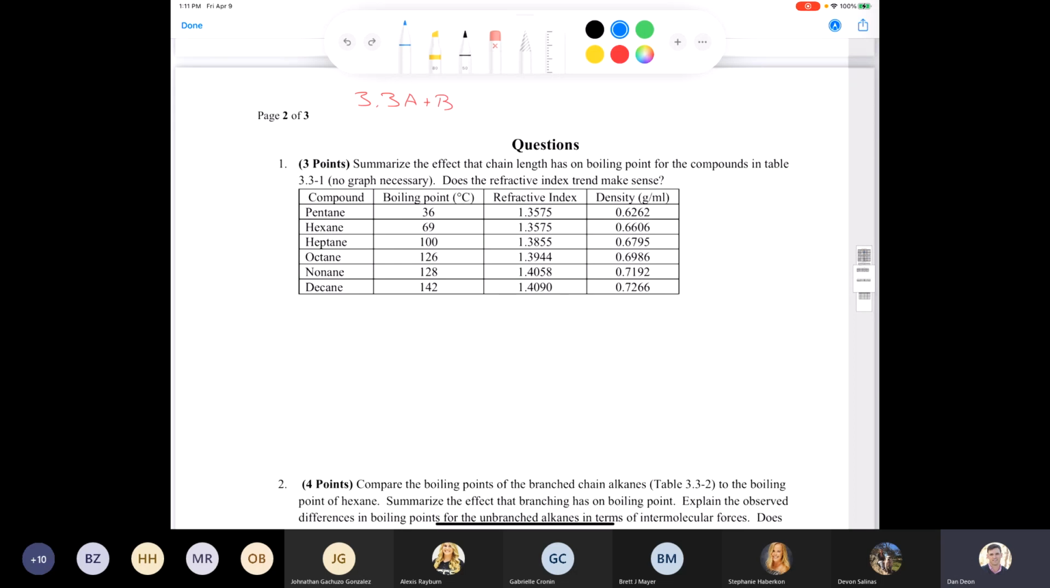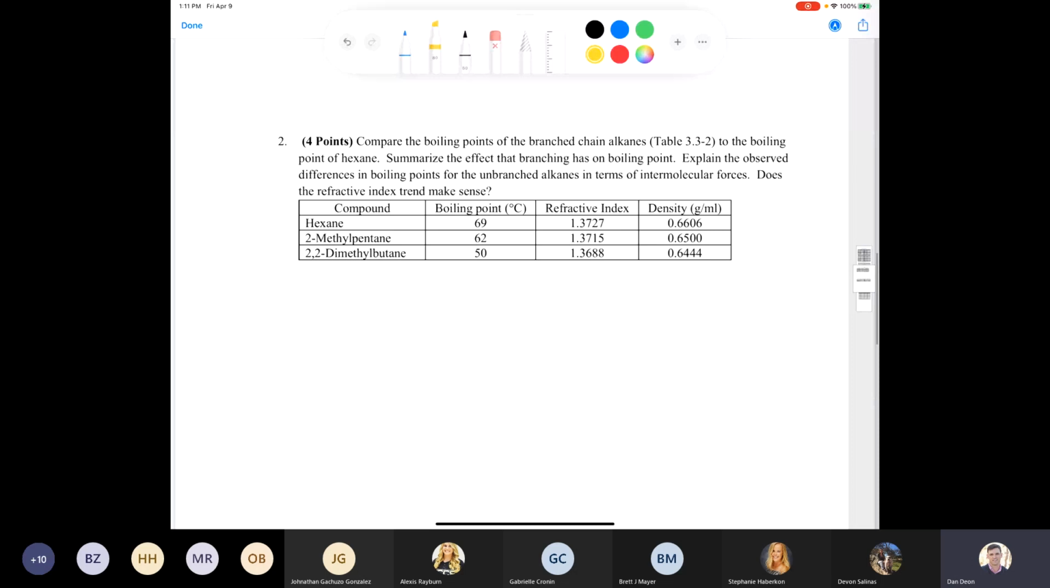We also see that density and refractive index increase with the length of the hydrocarbon chain. So what I want you to do in this question is to explain the effect that chain length has on boiling point and refractive index, and rationalize the trends that you see in this table. The next question,